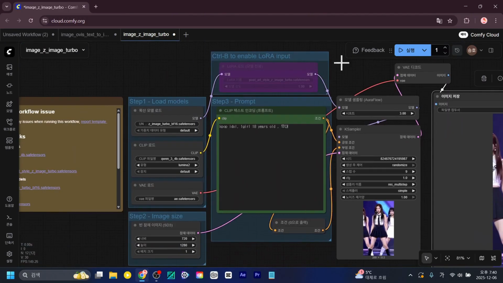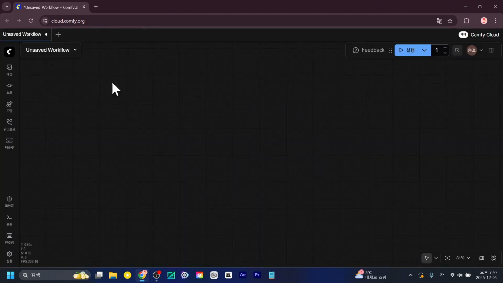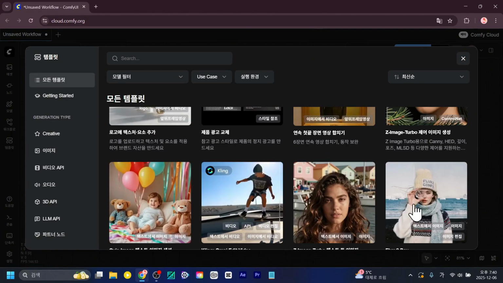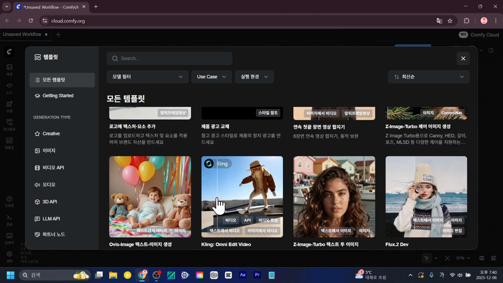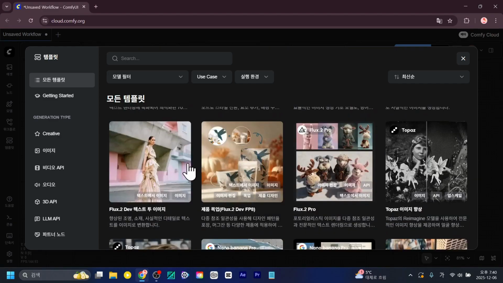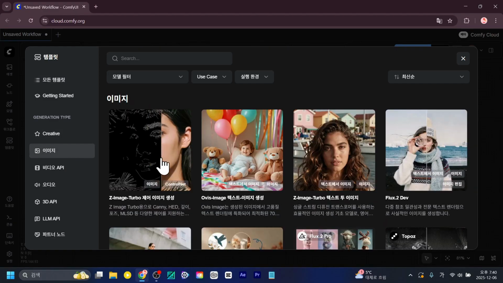Now let's open a new window here, go into the templates on ComfyUI Cloud. If you look at all the templates, you'll see that about 4 new ones have been added at the top, and you can also see that the Click Omni Edit video feature has been newly introduced. There are features like changing references, and things like OBS images have been added as well. Now if you look here, let's first take a look at the images in this section.